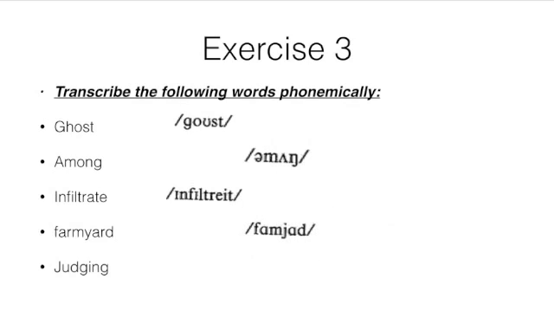farmyard. You see farmyard, for example, now with the R, okay? So here it uses the British accent, because in British accent you don't pronounce the R. Usually it is dropped, okay? Farmyard. There is the R there, but you don't pronounce it. But Americans, farmyard, they retroflex the R, okay? Judging,